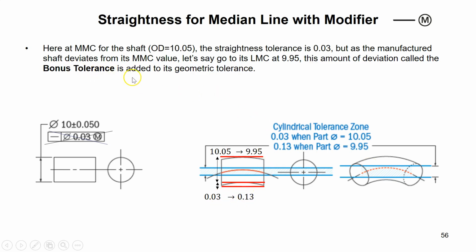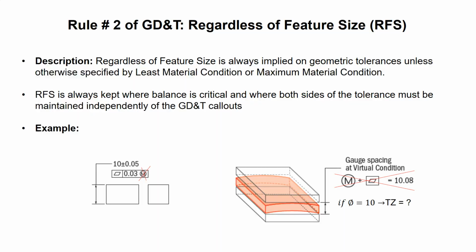Affected. I get something called bonus tolerance. That's why we call this M or L, we call it a modifier, because they change how we can interpret and how we can inspect geometric tolerance. The last thing I want to say is that